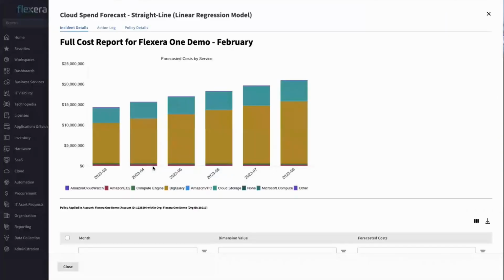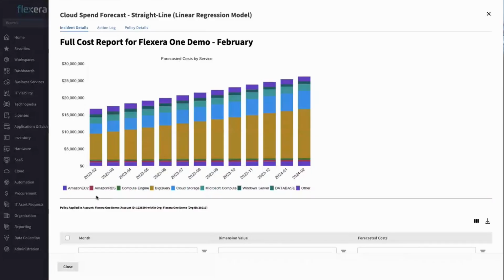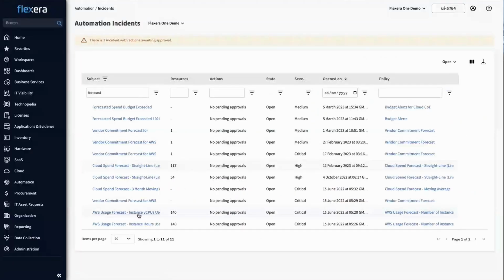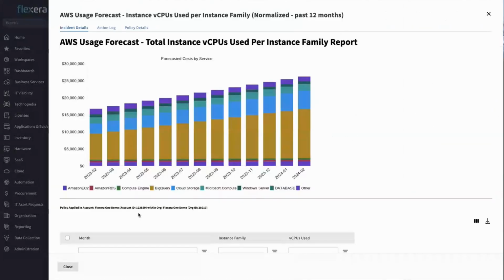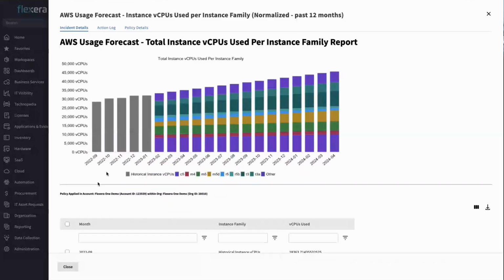And of course, in fact, this is a multi-cloud service one, so it's just using the top 10 services projection. And we've also got another one here, I think, on a longer time period, which again is a similar capability. But if you look at the usage forecasts, they will include a historical view as well. So this is how many virtual CPU cores we're using by the different instance types. And you could, of course, do this for a specific region. What historically my consumption was, and you can configure when we apply those policies what the look back period is, how far back in time I'm going to base my forecasts on, and also how far you want to project forward.